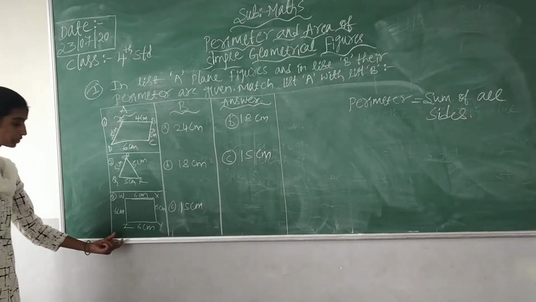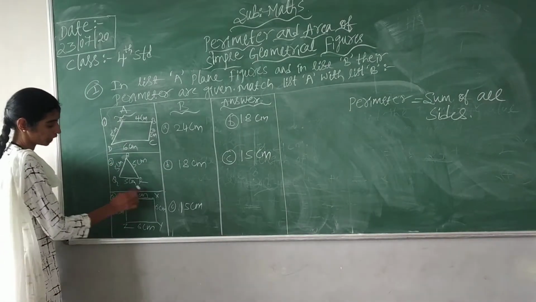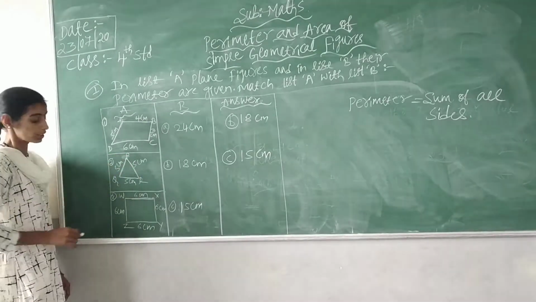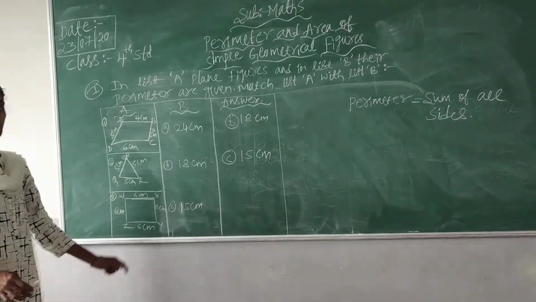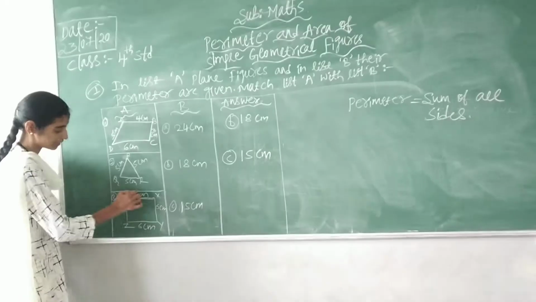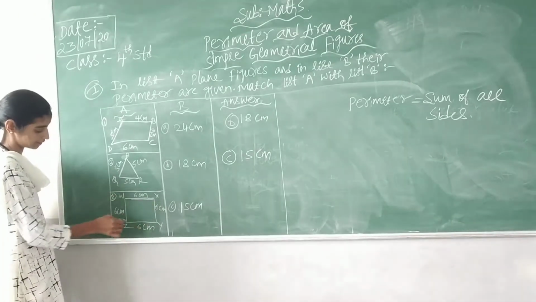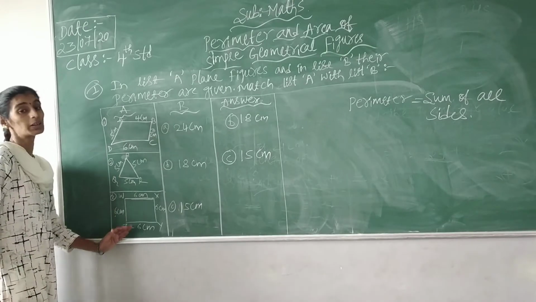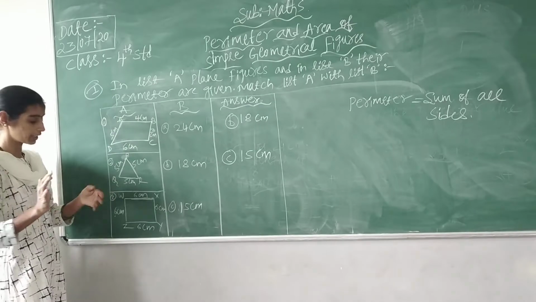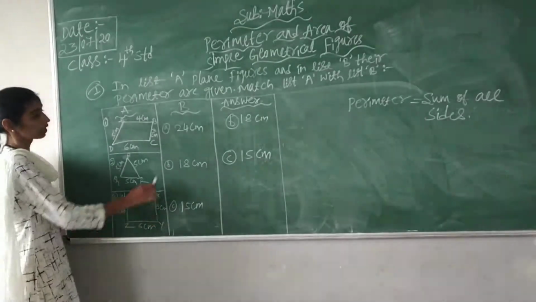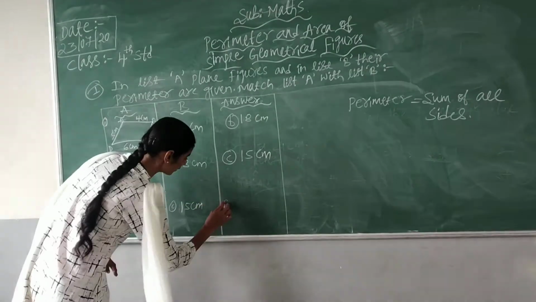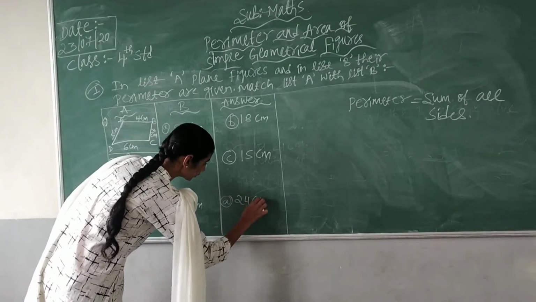Then last, we see, children. What is this second shape? I hope you all know it is a triangle. It has 3 sides. So next, what is this shape? Can you tell? Is it a rectangle? No. It is a square because all the sides are equal. Can you see 6, 6, 6, 6? If all the sides are equal, then you have to take it as a square because a square has all 4 sides equal. Then add all, 6, 6. What value are we getting? 24. So the last, third answer is A, that is 24 centimeter.